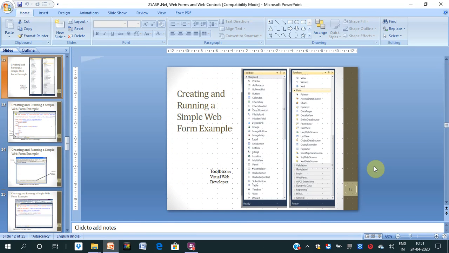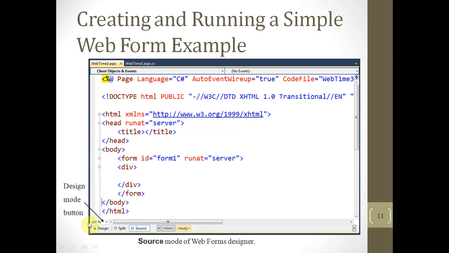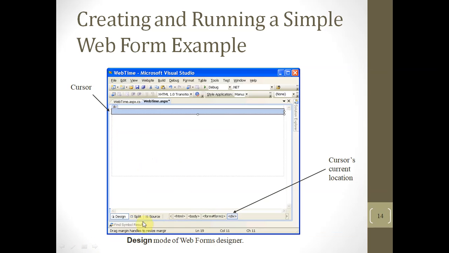So we have to understand that under this WebTime.aspx we have design view, split view, and source code view. So this is source code view, and we have written the program inside this source, and split will display both design and source, and design will display the design window.